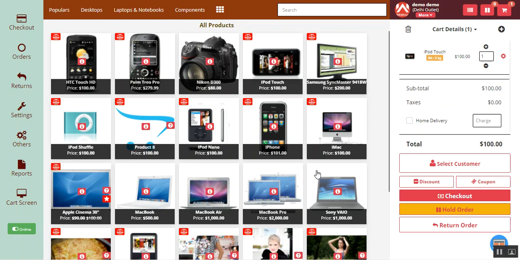Today we'll be checking out our new plugin, the OpenCart Point of Sale Customer Cart Screen. This plugin gives customers an interesting and satisfactory checkout process with the help of a customer-side facing screen. Basically, the plugin integrates the OpenCart point of sale system with the customer facing screen. The customers can see the complete cart details on the screen.